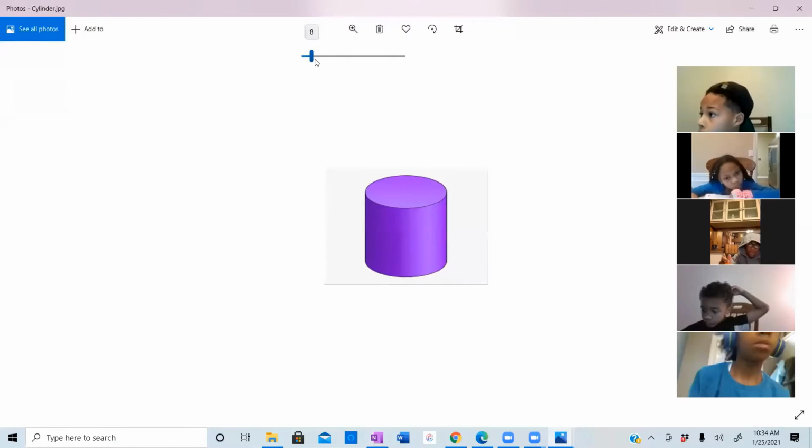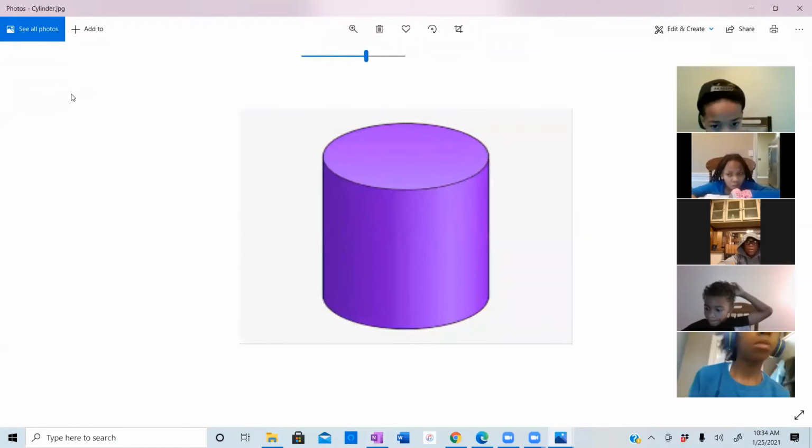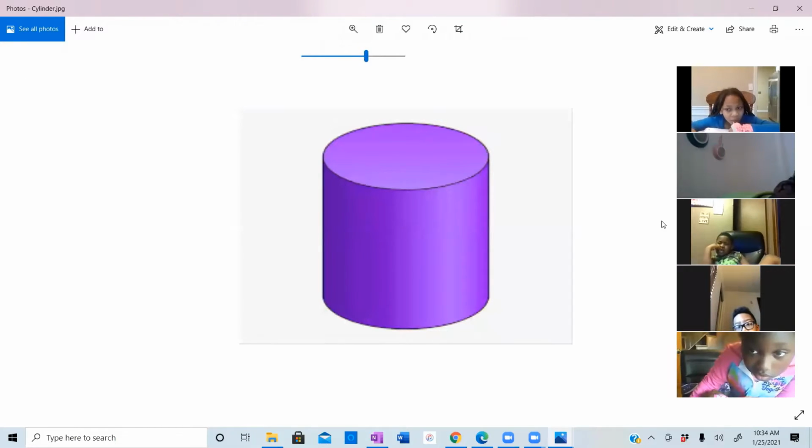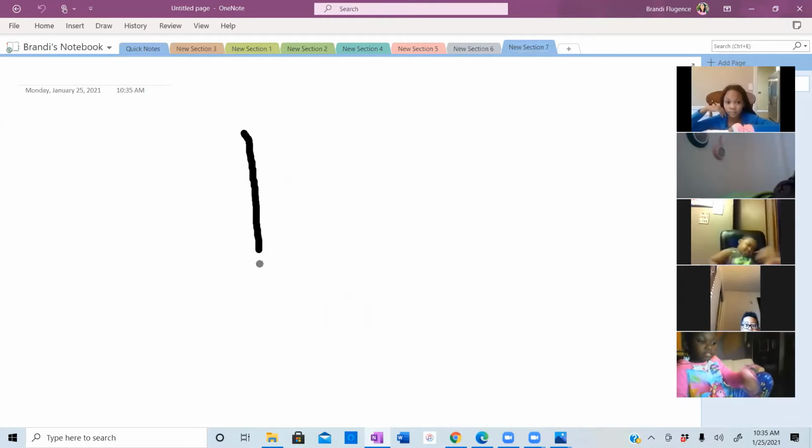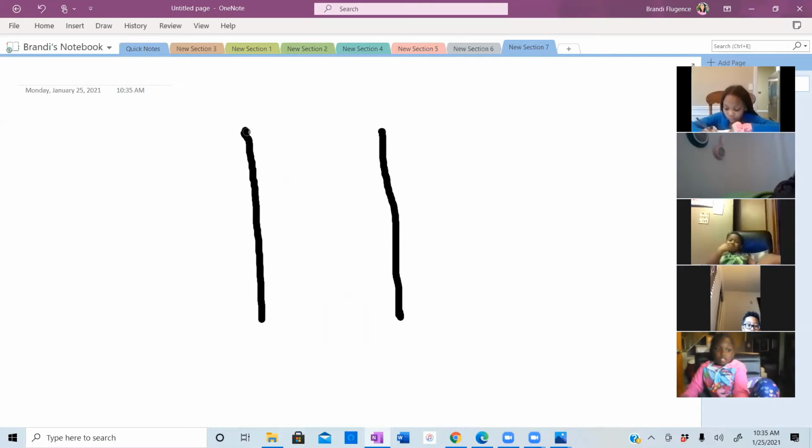Look at this one. Can anyone tell me what this one is? Cylinder. This one is a cylinder. So a cylinder is like a rectangle with 2 circles, okay? So let's go ahead. I'm not the best with the cylinder, but we will work it out. All right. So then,